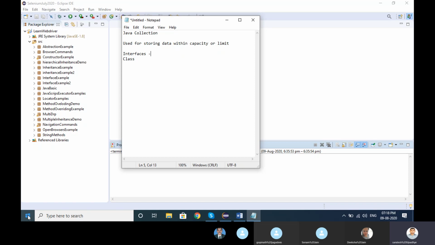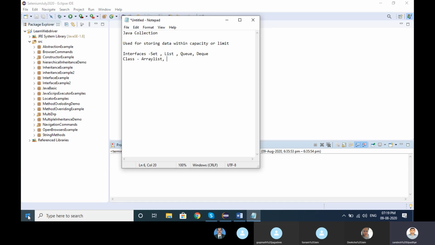There are so many interfaces in the collection itself. Set is one interface, List is one interface, Queue is one interface, Deque is one interface, and there are so many other classes as well.